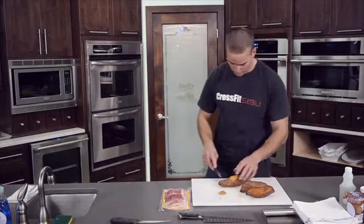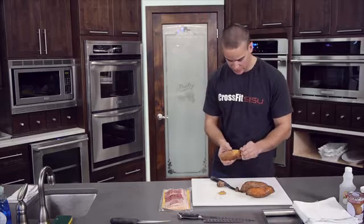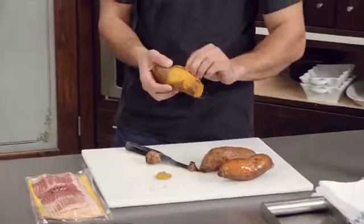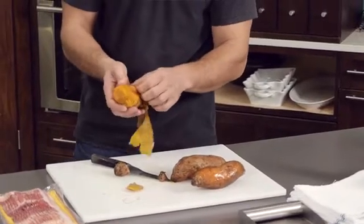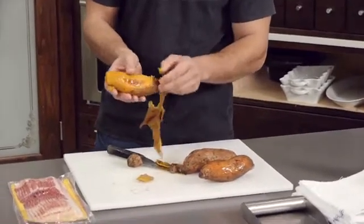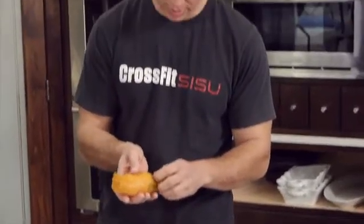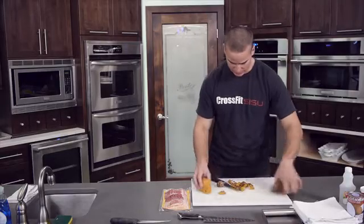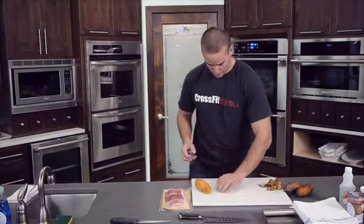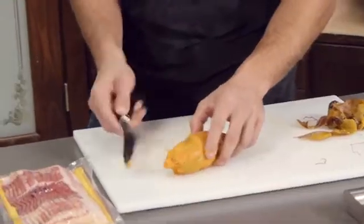What I'm going to do is just cut these ends off and get the skin off. You can peel the skin off just with your fingers usually. Just like that. And then I'll search it over quick for any brown or green spots. I'll just use this one as an example. So what I would do here is shave off a little bit of that,